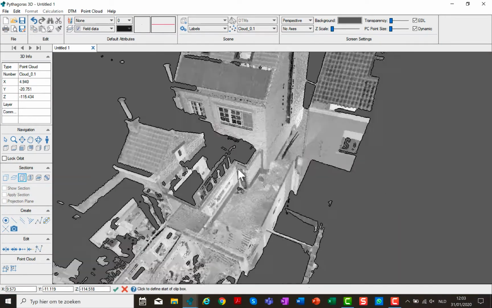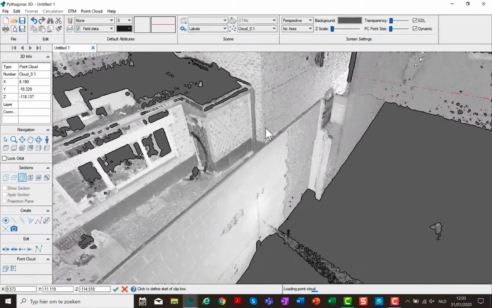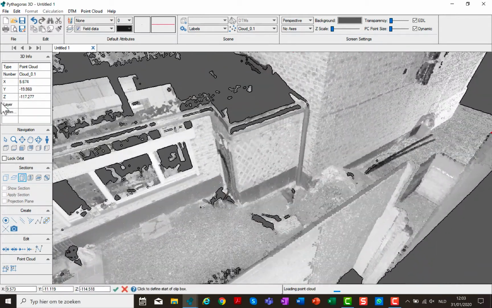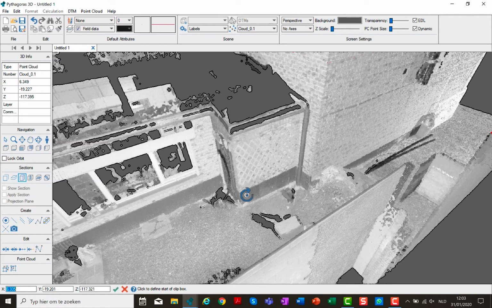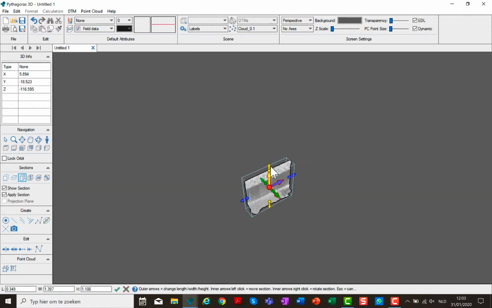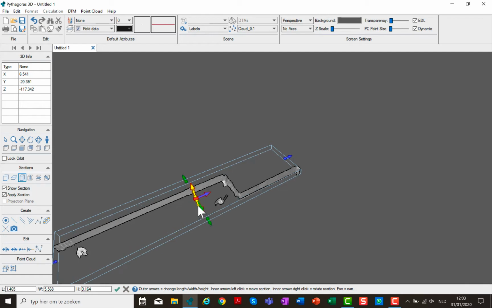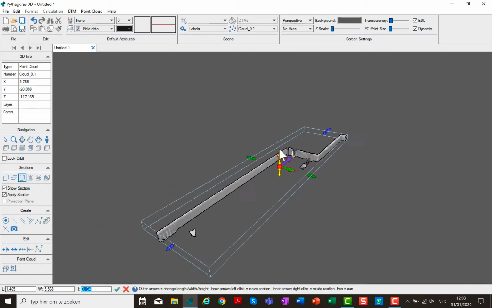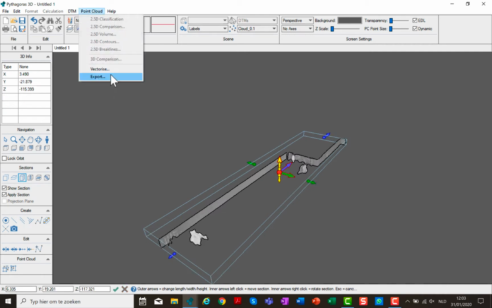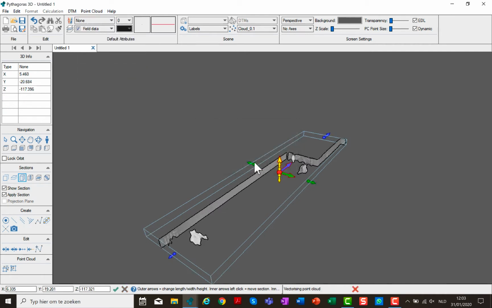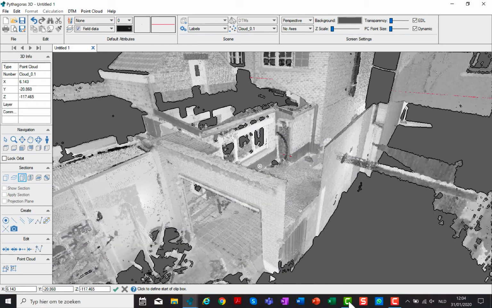So going back to the 3D window, we will repeat the process for some of the smaller buildings in this scan project. So again, we make a box, we change the size and the location to where we want to start the vectorization, the horizontal vectorization. So here we have a good spot to vectorize. We repeat the process again, and in this case 4 lines are created.